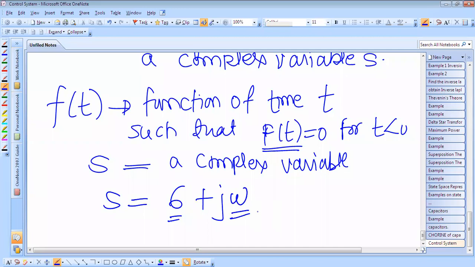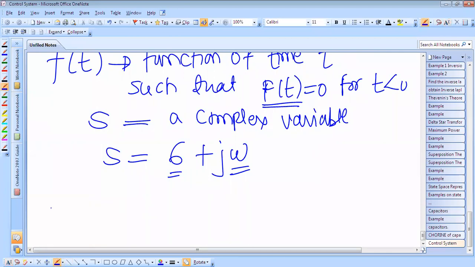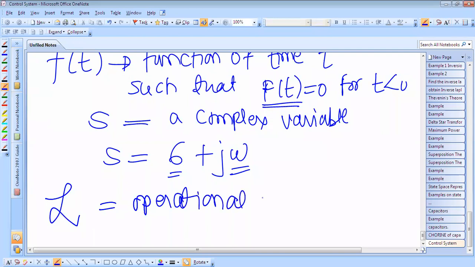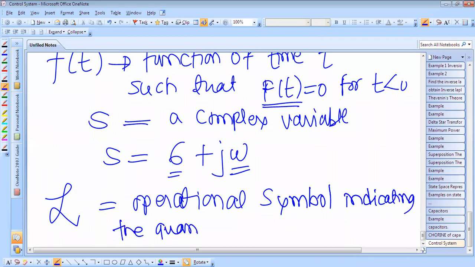And next we have to use the prefix L. This L is an operational symbol indicating the quantity that it prefixes